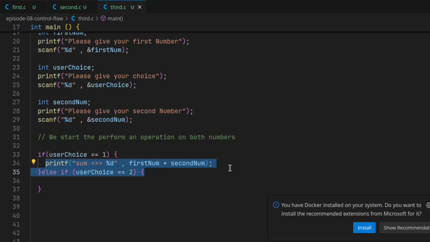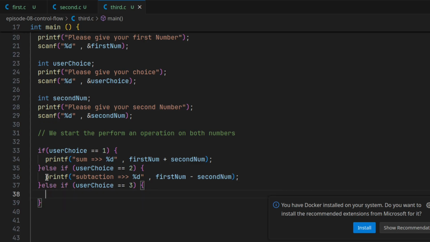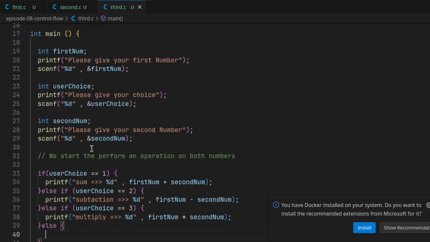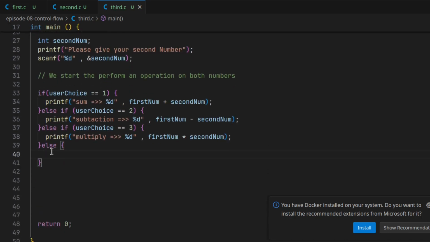And we say subtraction, first num minus second num, and okay, going good. If user choice is 3, then what we do? Simple, we print the multiply of two numbers. Multiply first num into second num. Good. The last statement, which is actually always true. If the user choice gives the 4th, okay, then what we do? We generally perform the division of